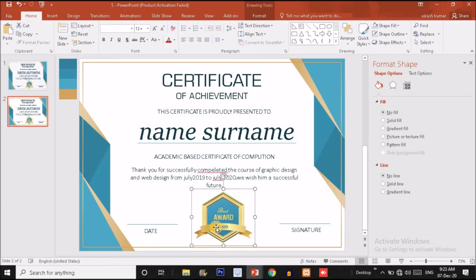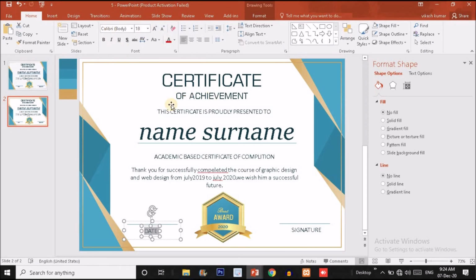Okay, so now here I have added date and text, which is again very simple. You have to drag a line like this. I have already done this some time ago. So you have to draw a line over here, and under the line you have to add some text. The text style is Calibri body and the size is 18. So you can do it very easily, guys.